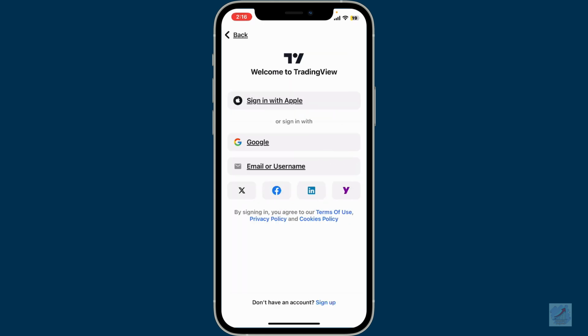Now, if you've already got a TradingView account, you can sign in using your Apple ID, Google account, email, or username options. You can also choose the Facebook, X, LinkedIn, and Yahoo account to log in. If you want to create a new account since you don't have one, tap on Sign Up at the bottom